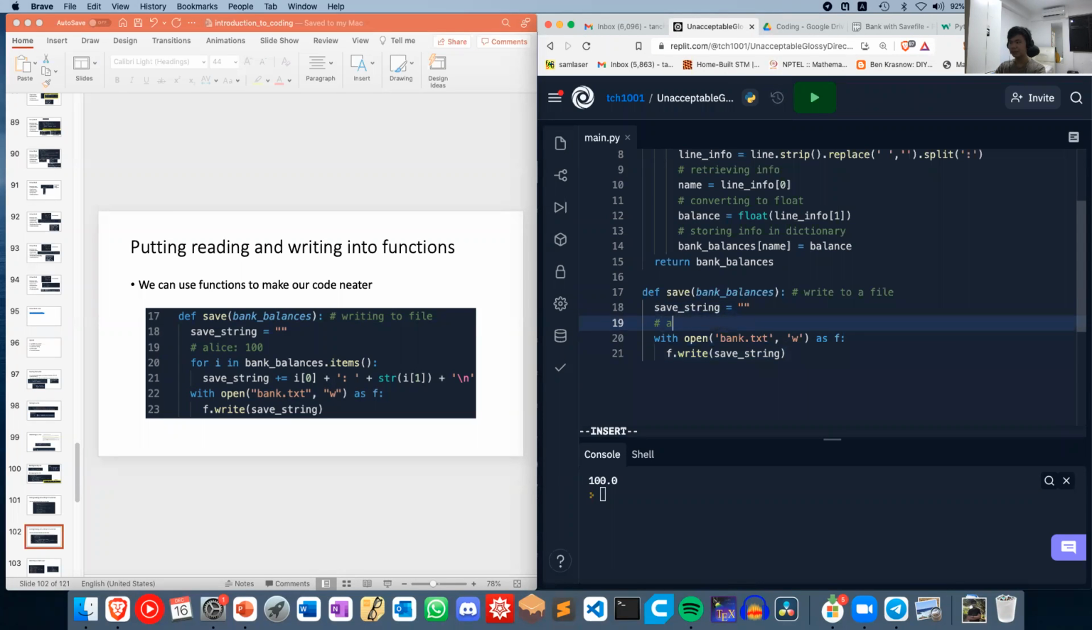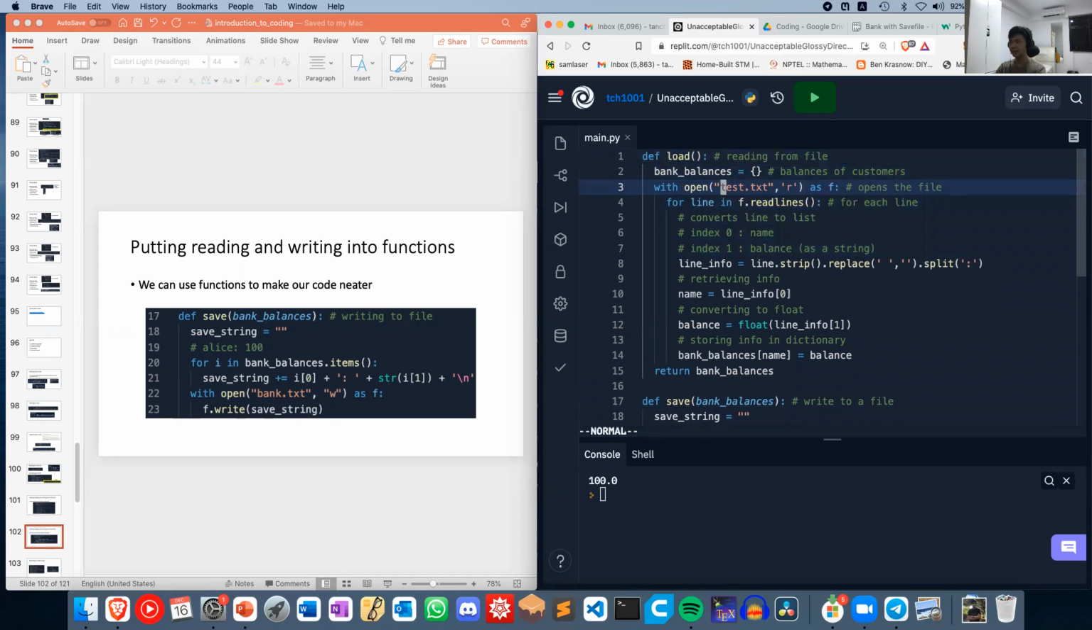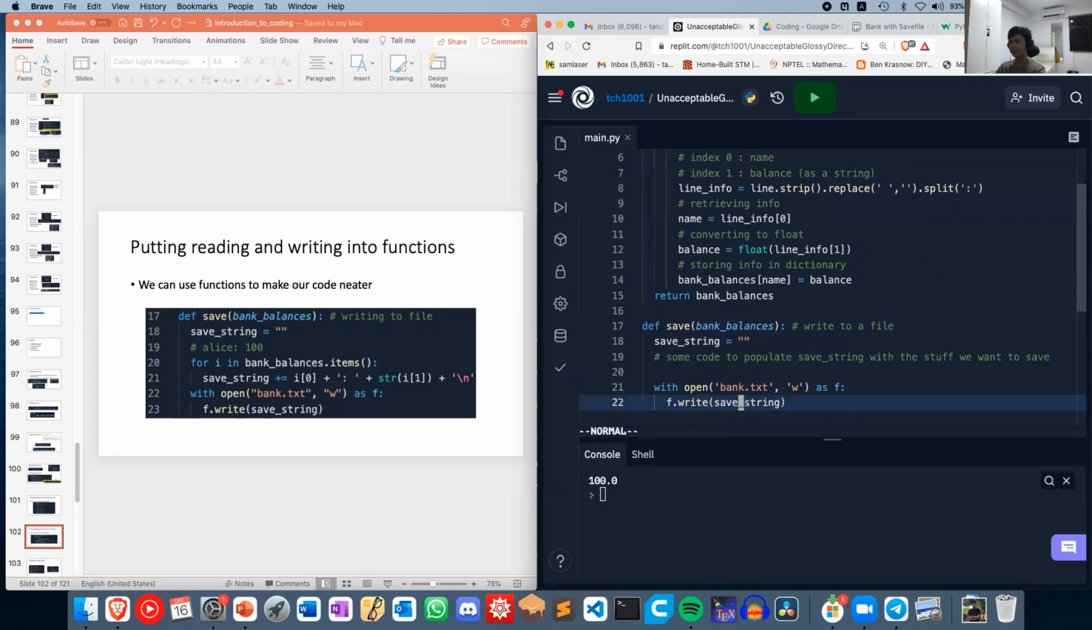So now we have some code to populate save string with the stuff we want to save. Okay, so here we're going to write some code. But before that, let me just quickly change this. Instead of writing test.text, I'm going to use bank.text from now on because that's going to be our save file. Okay, so here we need to write some code to save